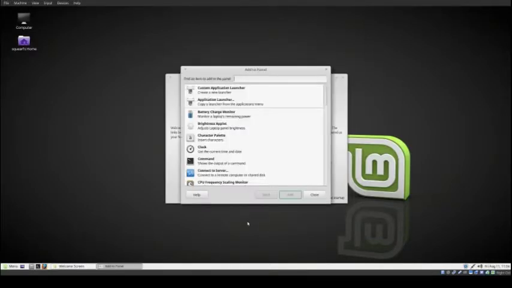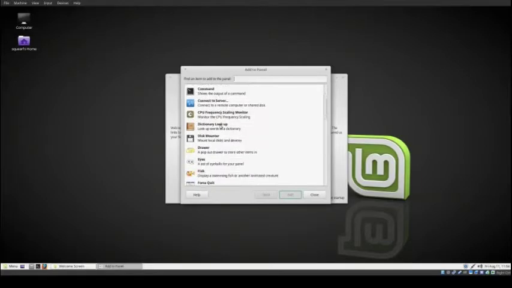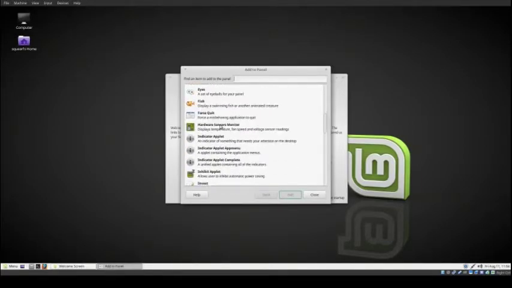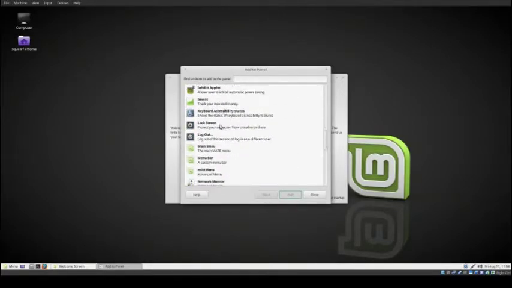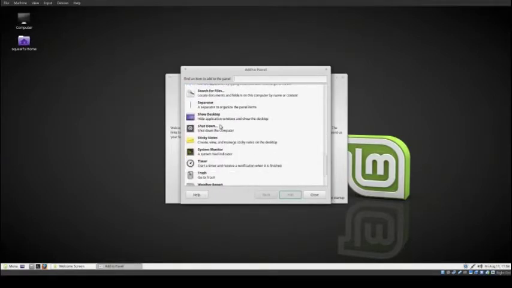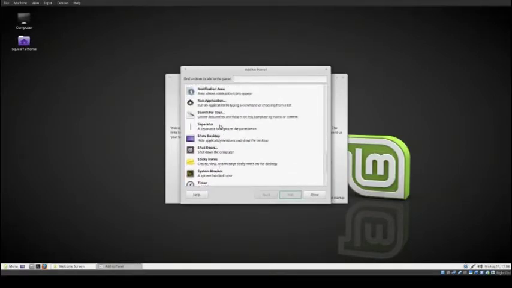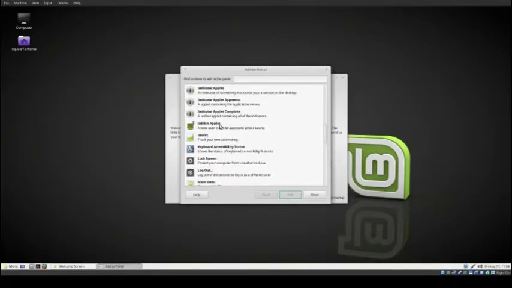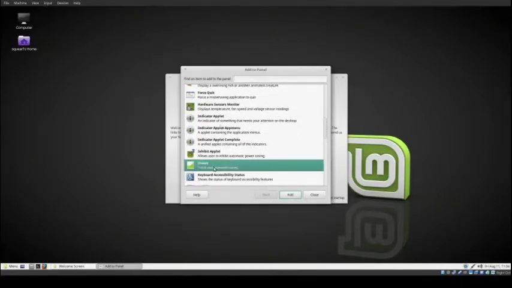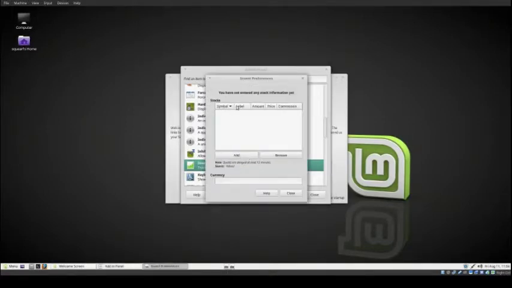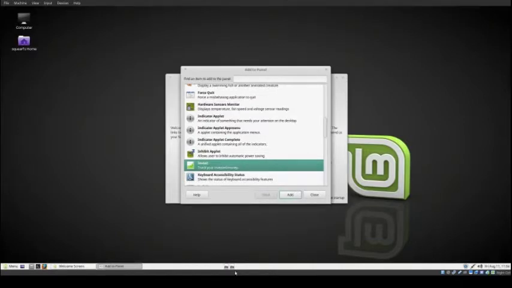Say, for instance, you want to add investments. It's down here. You can add your investments, you can add your symbols and stuff like that, and it will show up. And if you don't want it, you just right click, remove from panel,